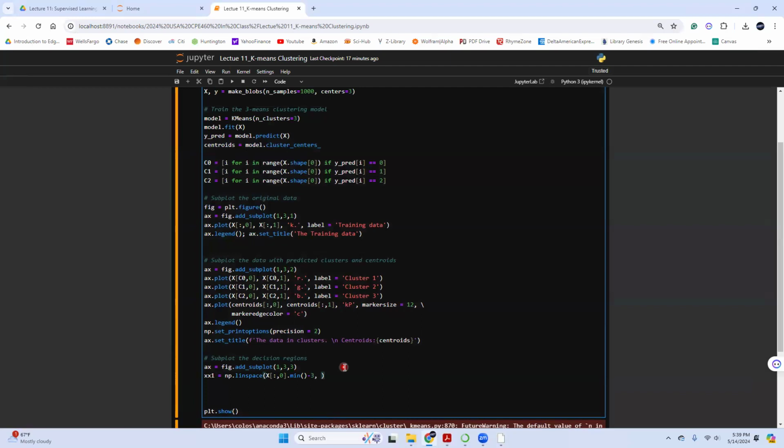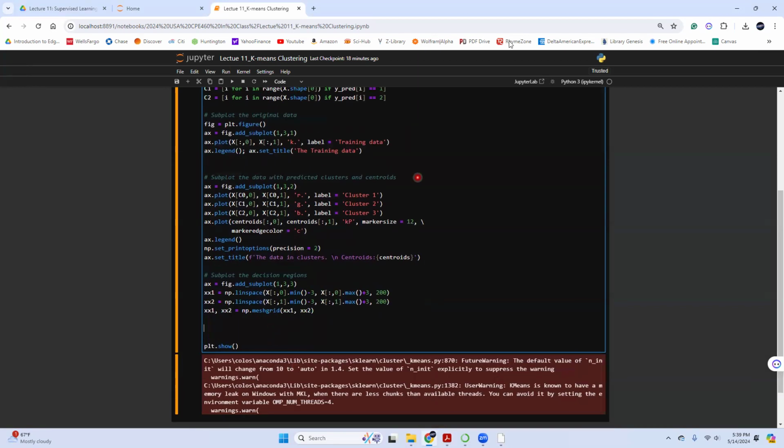That's really not a big deal. x0.max plus 3, and then 200. And I can generate a meshgrid as we have done so many times in the class.